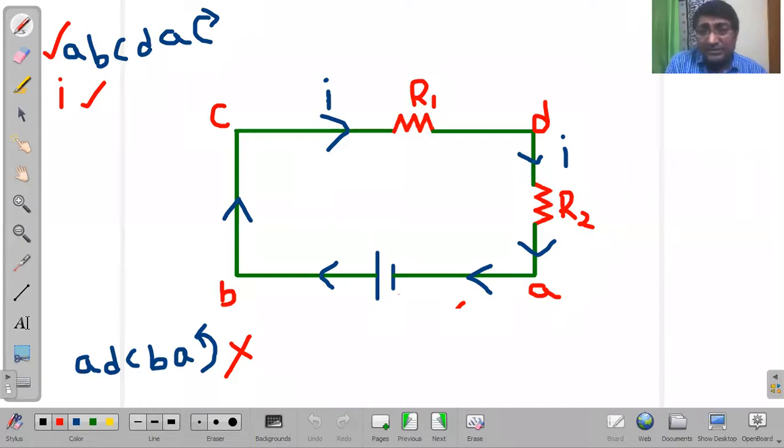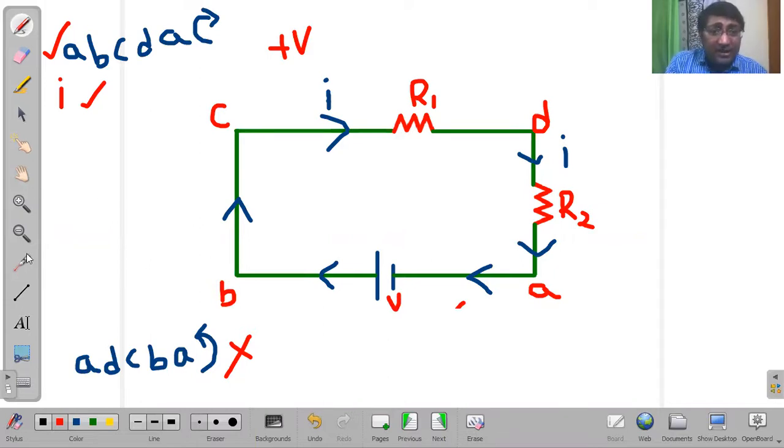Listen carefully. What's happening over here? Now let's choose this clockwise direction, guys. A, B, C, D, A. I'm traveling in that clockwise direction. So observe carefully. I'm writing that equation here. Now, if you check it out, when I start traveling from A to B, when I am moving from A to B, my potential at the battery has increased. If you remember our discussion, since the potential has increased, I need to take it as plus V. By the way, this is V, the potential difference at the battery, plus V.